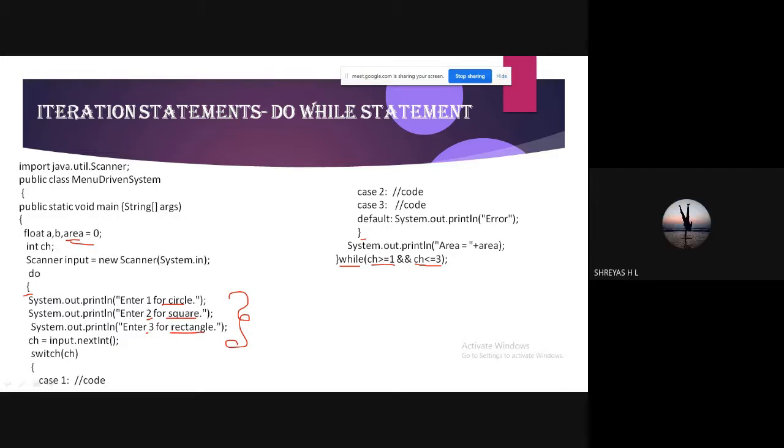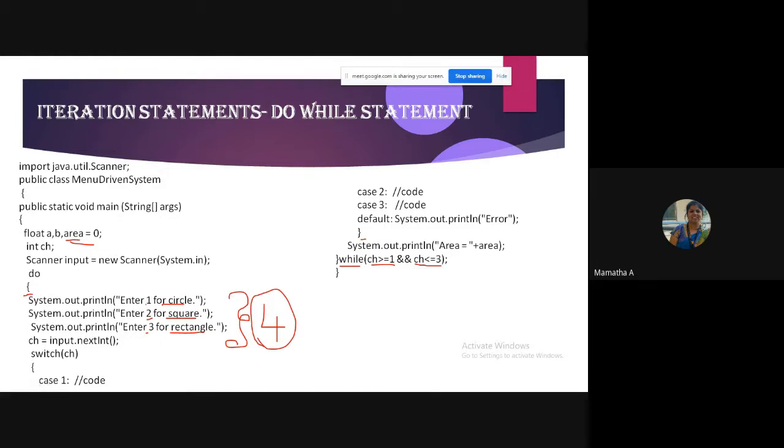No, ma'am. It will not come because CH is neither greater than or equal to 1 and less than or equal to 3. So it will not execute if I give the choice as 4. But first time it will print the menu. Based on your choice, it will print the menu for the next times also.